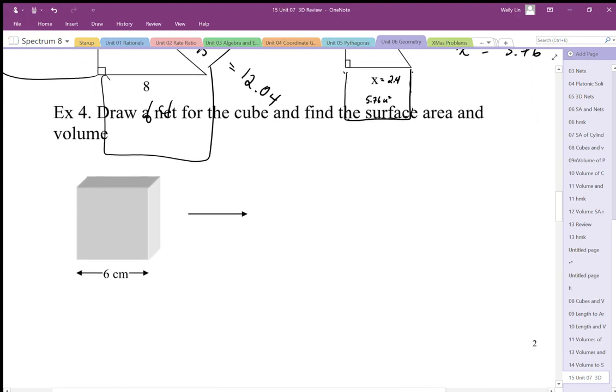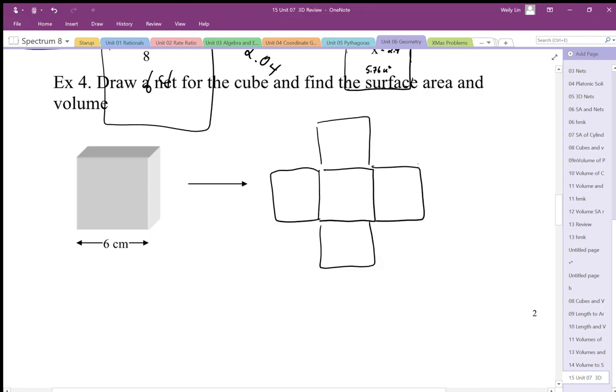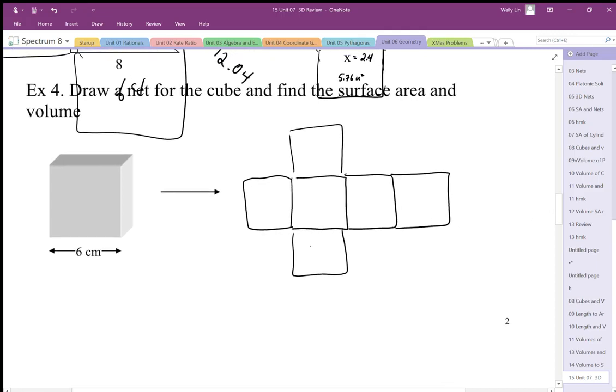Okay, so here we need to make sure we understand how to draw nets and how to find surface areas. If I were to draw the net of a cube, okay, there are many nets I can draw. I'm just going to draw the cross type one. The main thing is I need to have all 6 sides. And then if each side is 36, this is a 6 square, so 6 by 6 square. The surface area